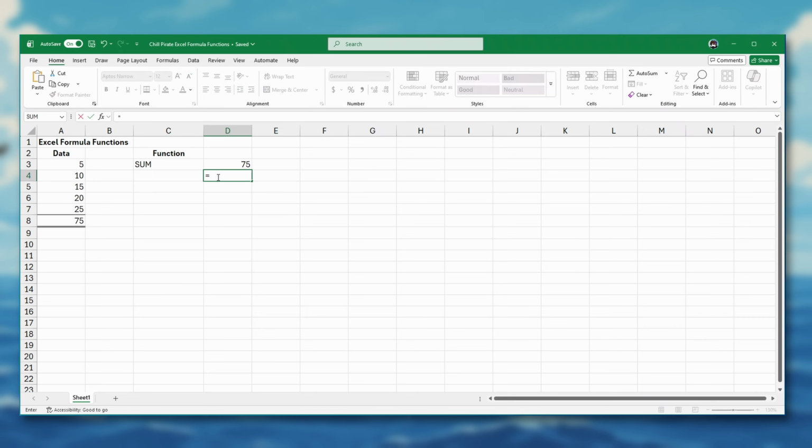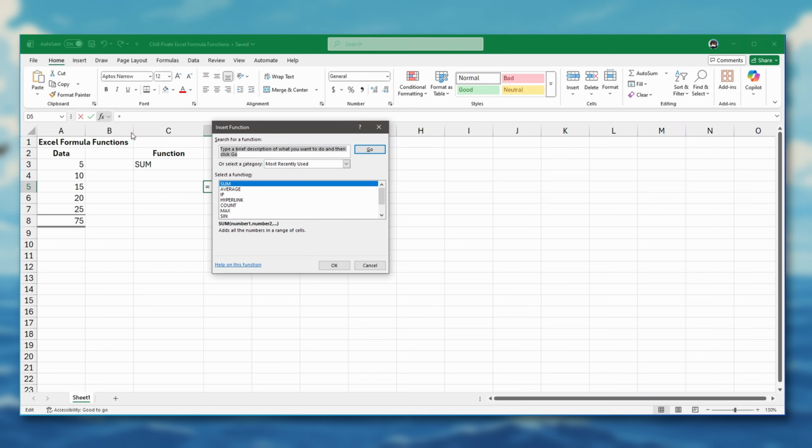I also want to show you that you can take any of these functions, but we're going to do sum, and you can type in A3 colon A7, close parentheses. This does the same selection, and it gives us the same answer. Now, you don't have to memorize how all of these work. You can use this formula insert function button